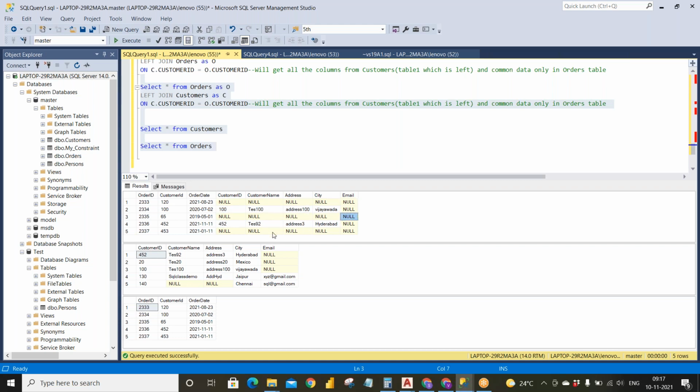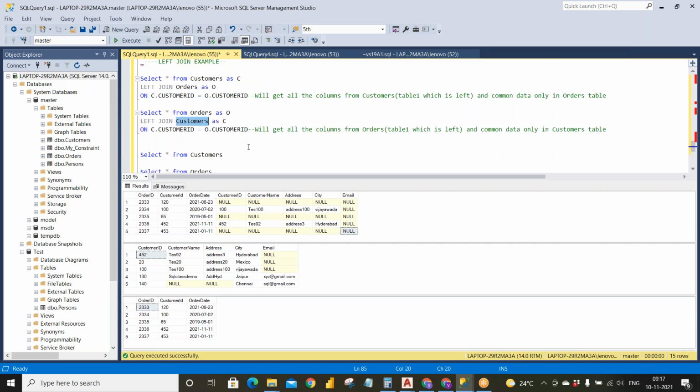You got it right? So simply it will take the first table you give as table 1, and whichever you give second as table 2. No rocket science here. Whatever you give here, it will take that way only.